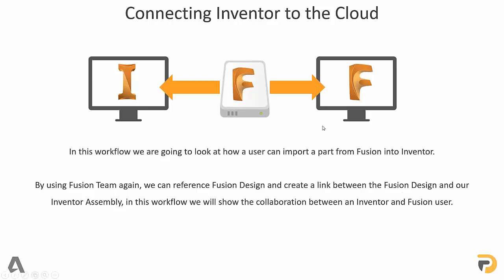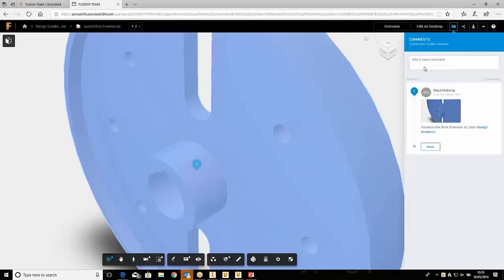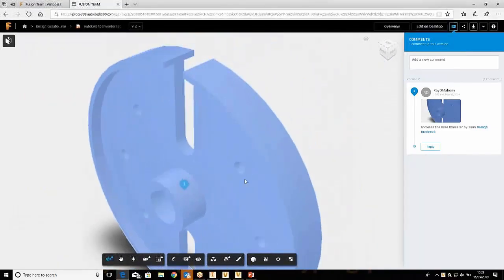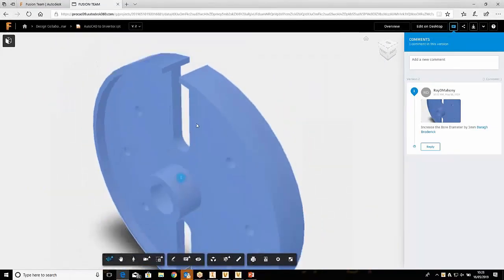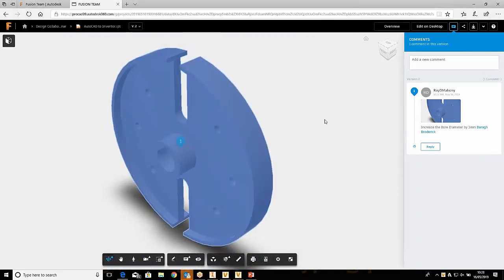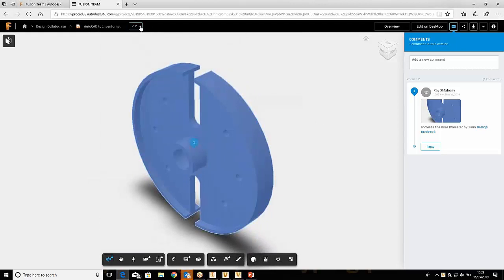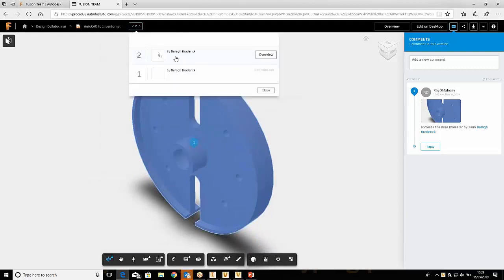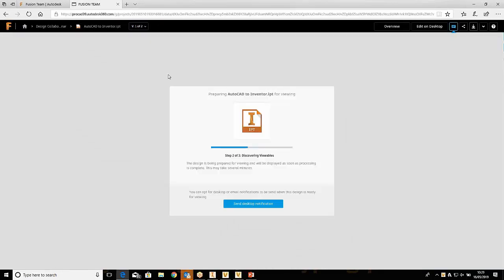Okay, so I'm just going to pass it back over to Ray now again. So again, what I'm going to do is just go back to recap on what Dara has done there just very quickly in this part. One thing that we might have jumped ahead of ourselves on is that Fusion Team is actually also managed through version control. So you can see here that we have version 1. If I click on version 1 of that part just to confirm,